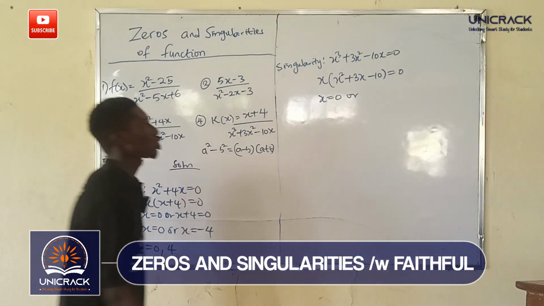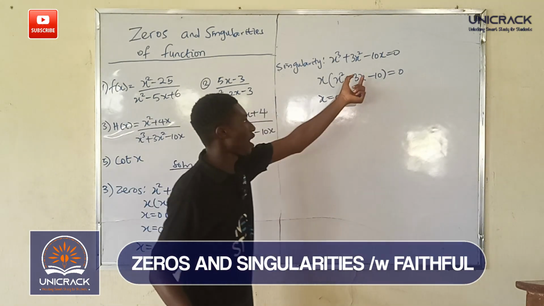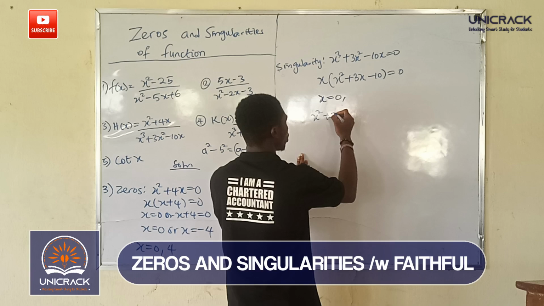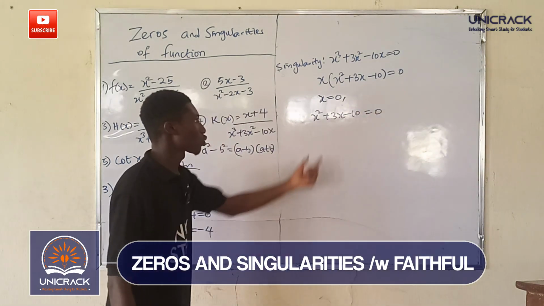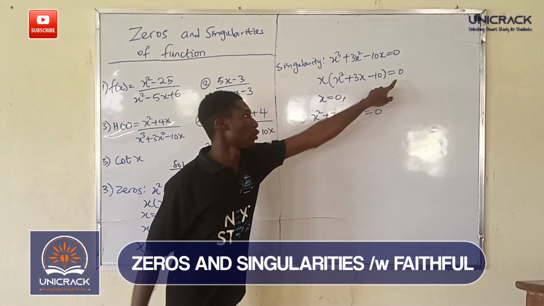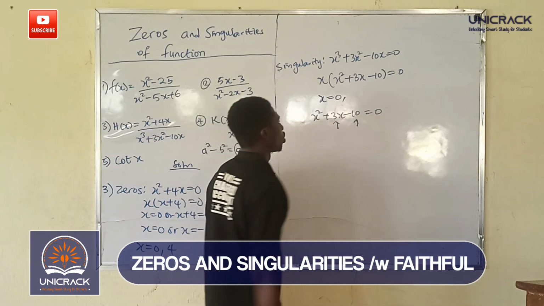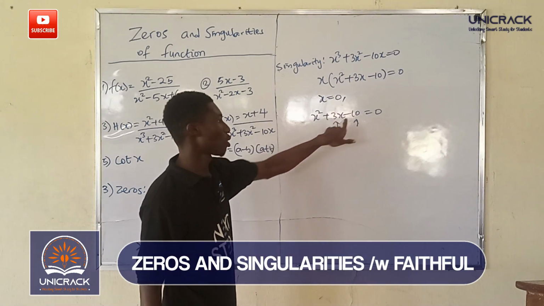Since we have found the first value of x, let us find the other values of x from here. We have a quadratic function now, so we can equate it to 0. To do this, we use the sum of the roots and the product of the roots. Two numbers that when we multiply, we get a negative 10, and when we sum them up, we get